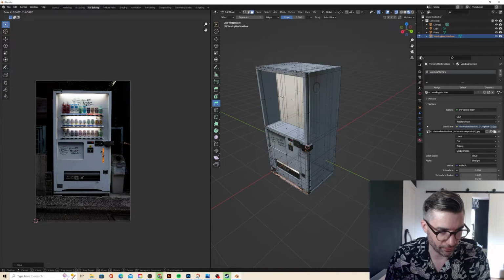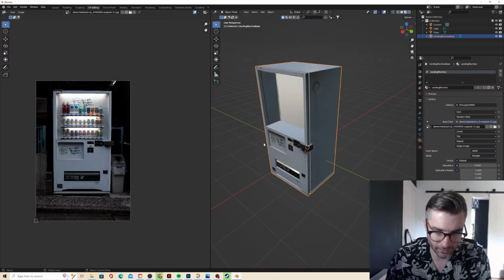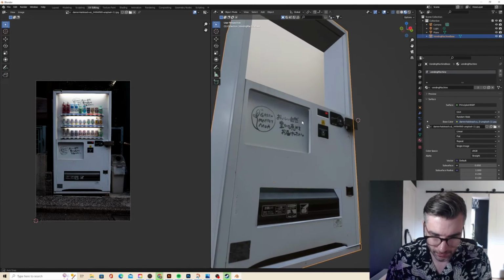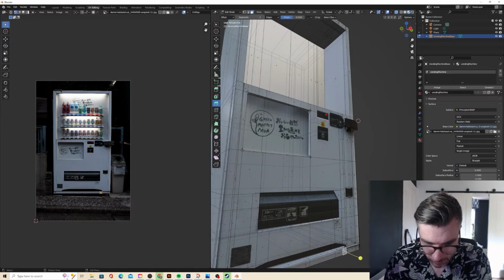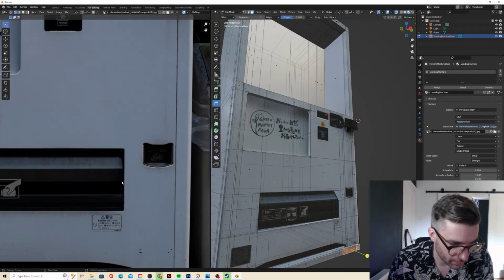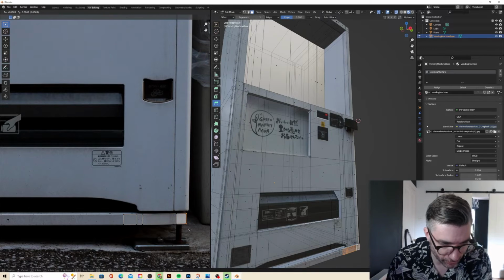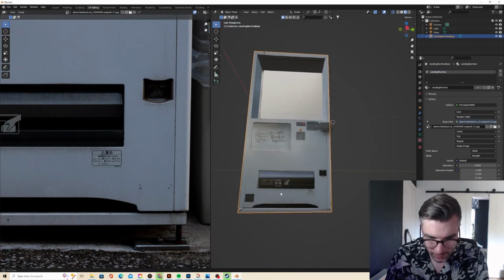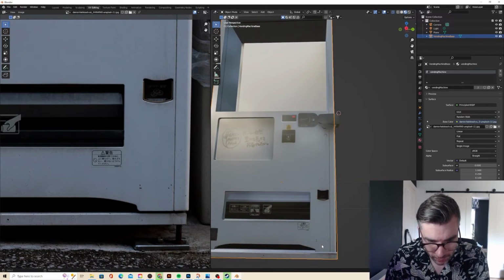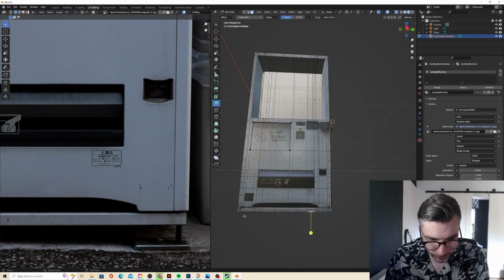Let's just treat ourselves in rotate and take this bit of metal just so there's a bit of variety. And we've got something weird going on here. I think it's just because this edge is half on and half off. So just bring that down here. Let's tuck this one onto some photo reference. Much cleaner, but actually this is a problem we've got on all of them, so